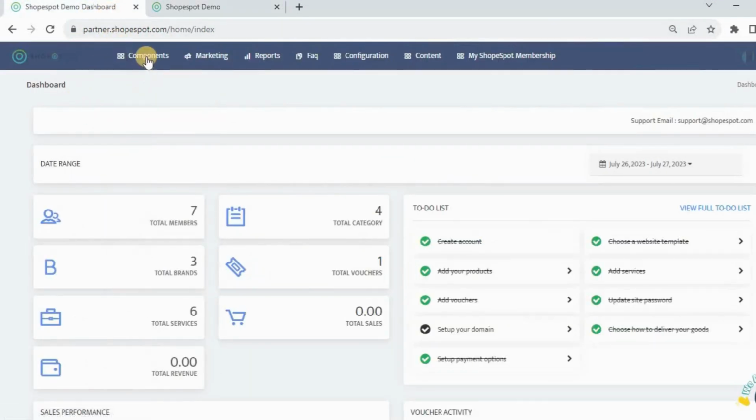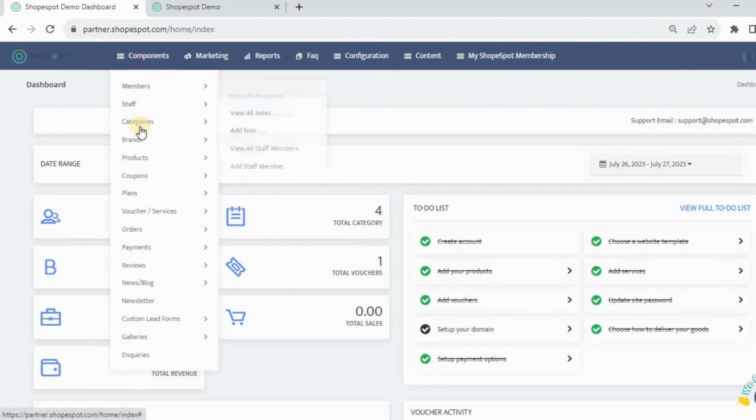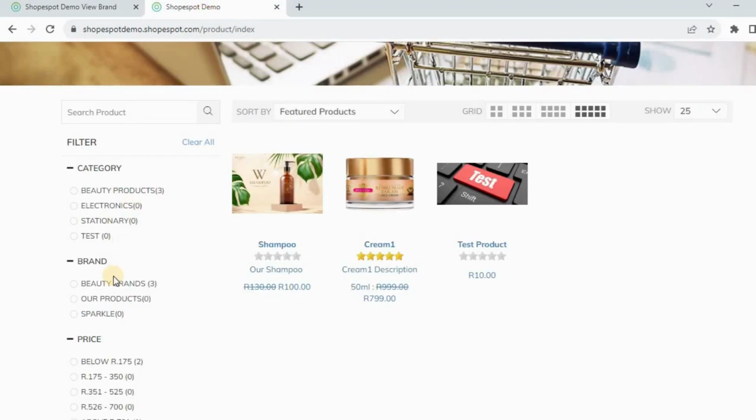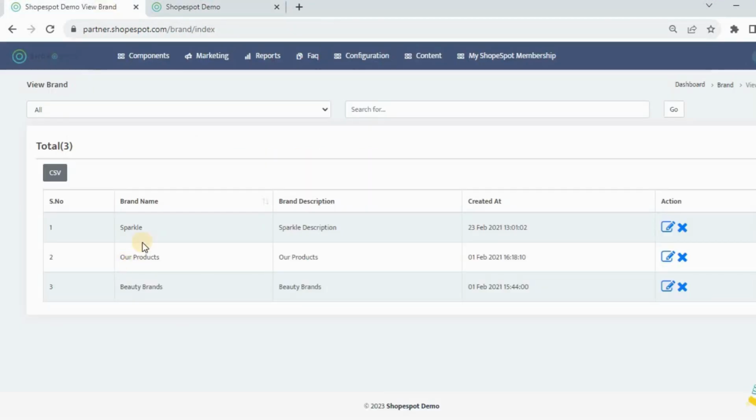So first things first, you'll go through to components. You'll go through to brands, and here you can view all the brands that you've currently got. So just to give you an idea of what that looks like, these are the three brands that are currently linked, and obviously this is a demo site, so it's all dummy data. On the site, you can see there's the three brands here, and it's exactly the same as this. So if you want to add a brand, you'll simply click on the plus sign,